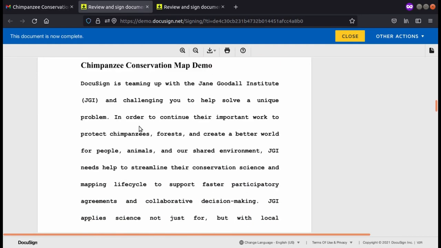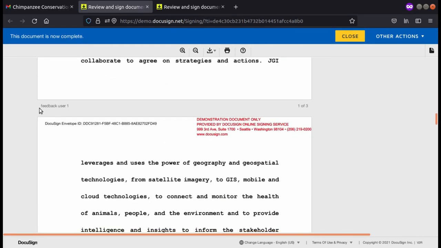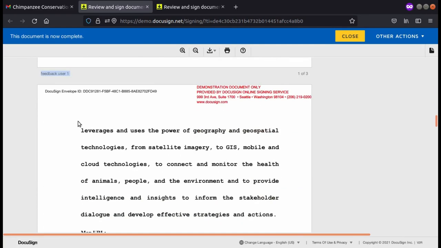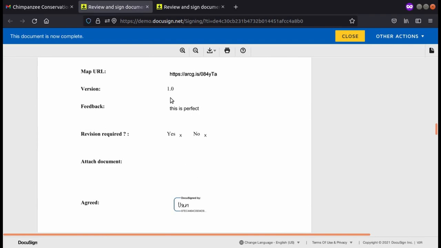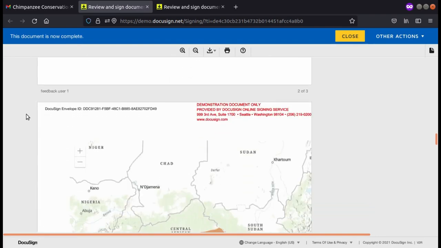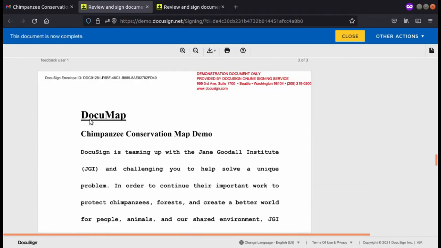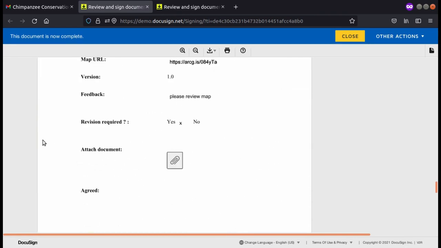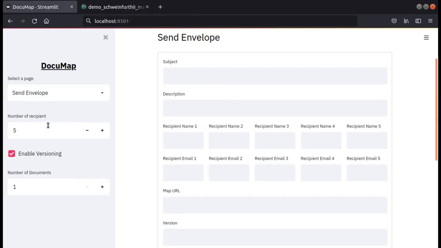This is the feedback of user one, whatever feedback they have given, it will be here. Then we'll have another document appended, which will be the feedback of user 2. Like that, they can run multiple review cycles until agreement is reached.